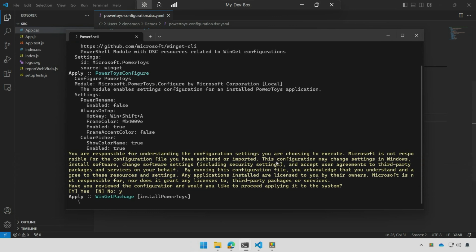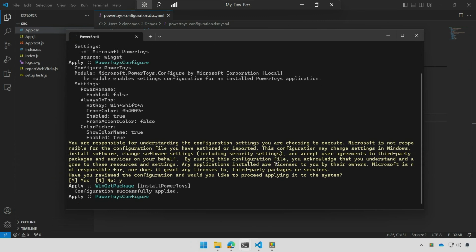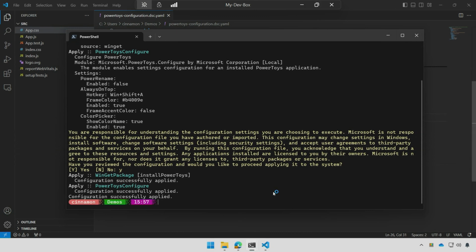Right, because it's a state. So it's describing, hey, I want my computer in this state with these things installed, these settings, et cetera. Yes. And then you could rerun it as many times as you want. It's checking, am I in that state? If so, apply these. Right. And it won't duplicate install anything or duplicate set anything.